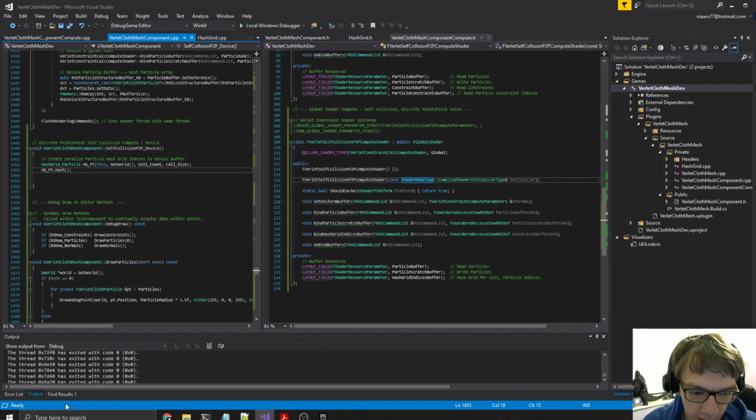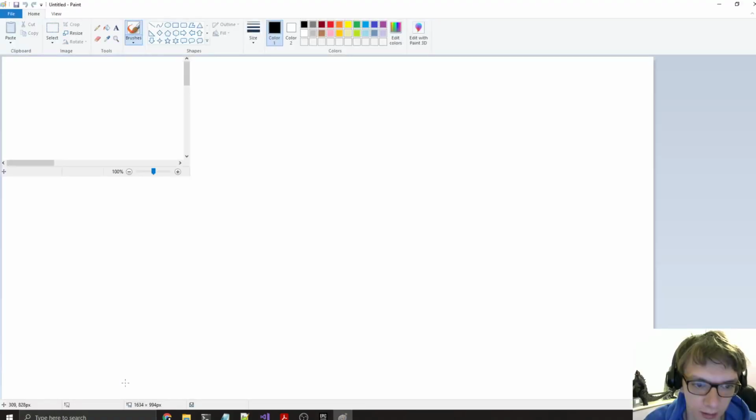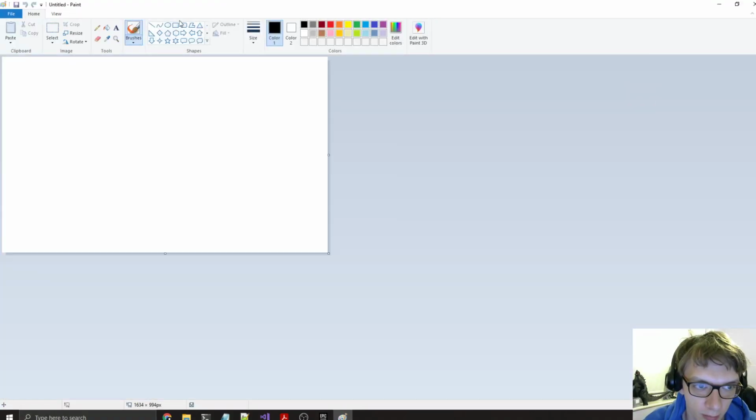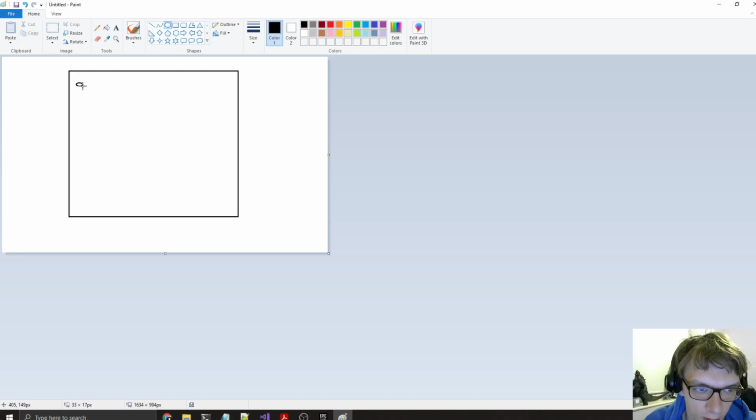So essentially, if we just go into Paint, I'm absolutely terrible at drawing, but we have some cloth manifold that's represented by particles at the vertices. Technically they would all have the same radius, but we'll just draw two here for now. Obviously these have constraints that go across them. This is like an edge constraint or a distance constraint, and the constraints are there to maintain the cloth length,